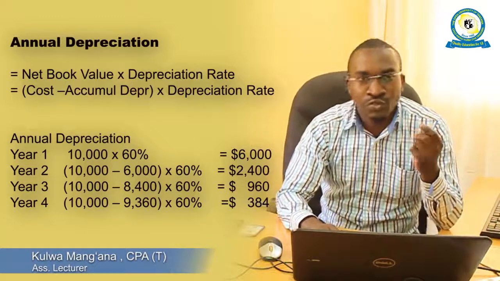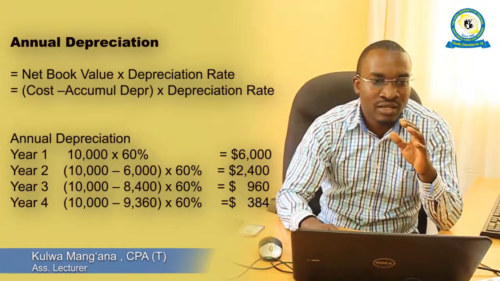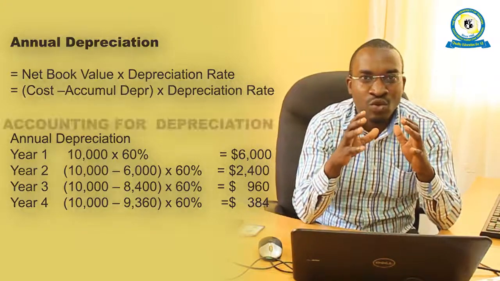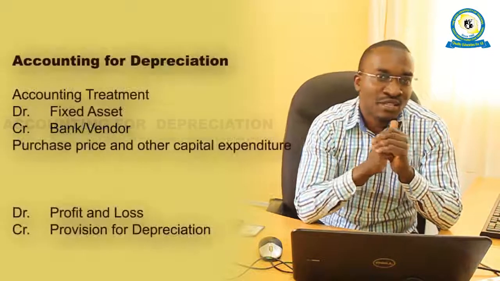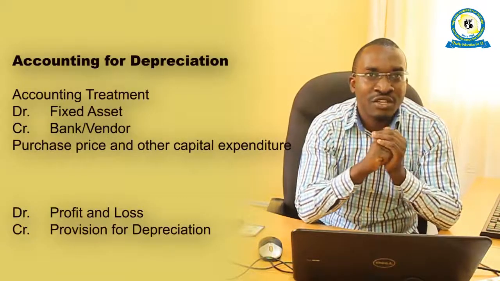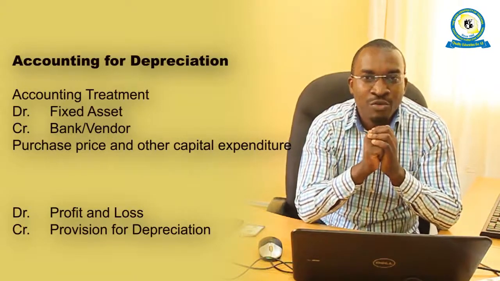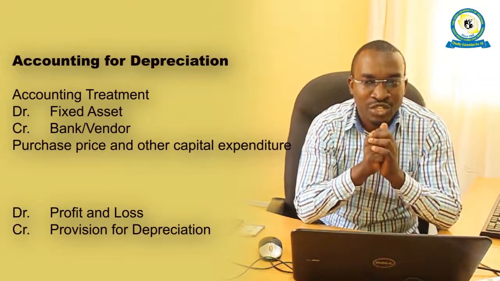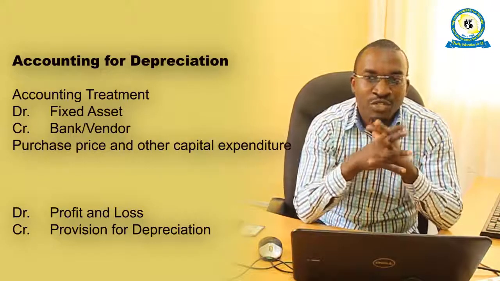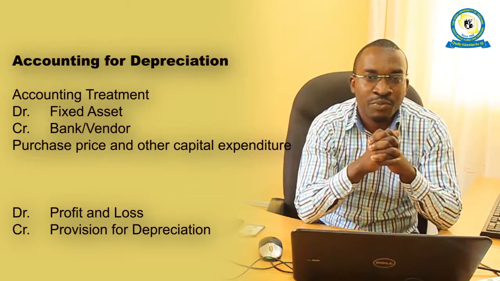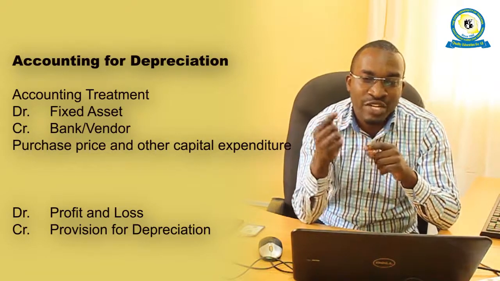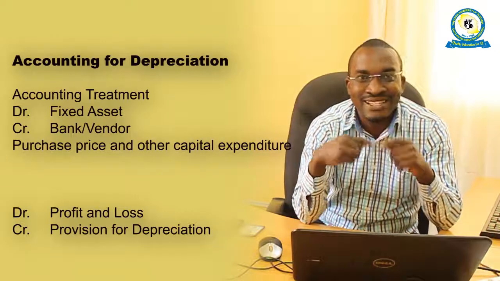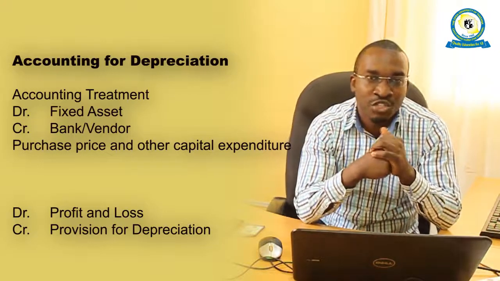So we don't have to go with another example, but let us now come back to what is basically our concern today. Our concern today is to see the accounting for depreciation. How are we going to account for the depreciation charge? Now we know the depreciation charge is going to be accounted into the P&L, the profit and loss account. But again, there is an effect that is going to reduce the amount of an asset each year. So the accounting treatment goes like this.